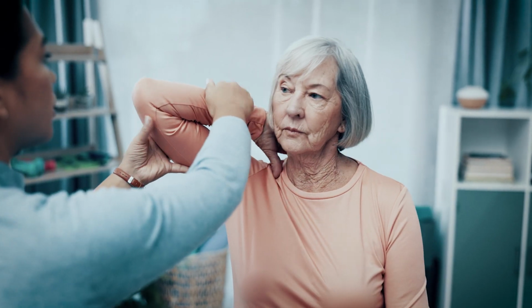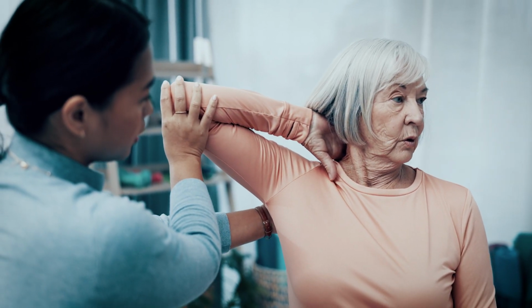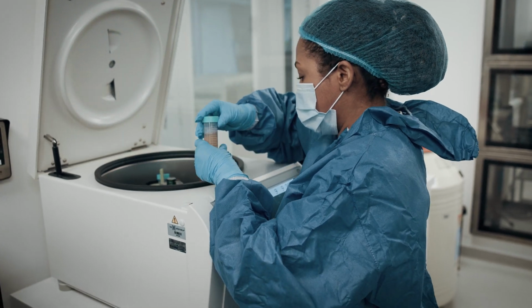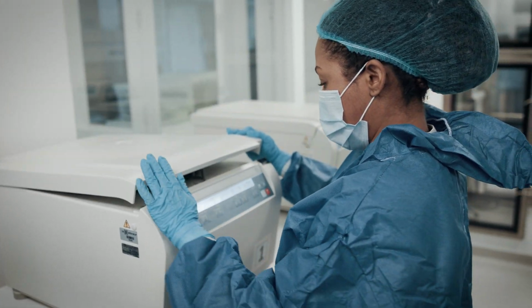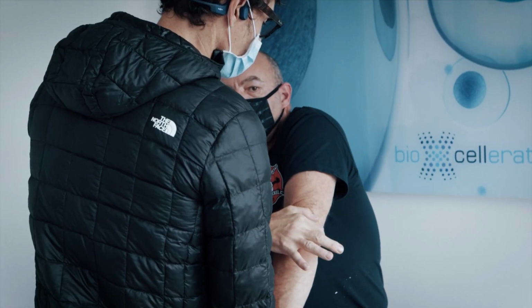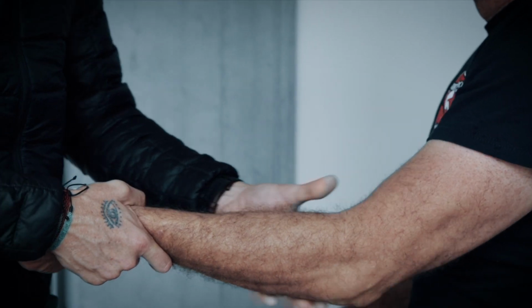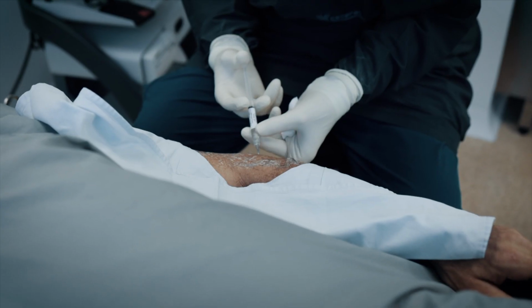Traditionally, treatments for these conditions have included icing, heating pads, steroid injections, and even surgery. However, these methods are not without their limitations and risks. Enter stem cell therapy, a promising alternative that leverages the body's own regenerative abilities to heal damaged tissue and reduce inflammation. This innovative treatment has shown significant advantages over conventional methods, with numerous research studies and patient testimonials attesting to